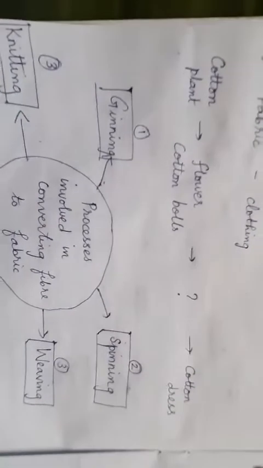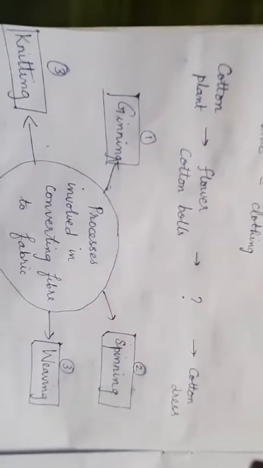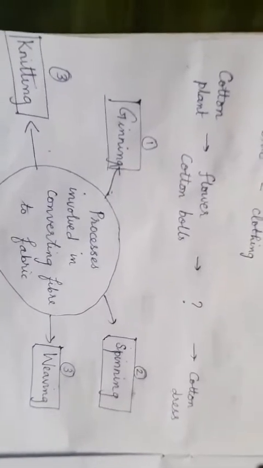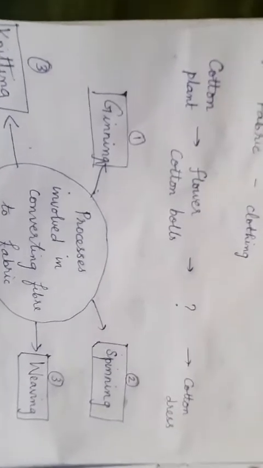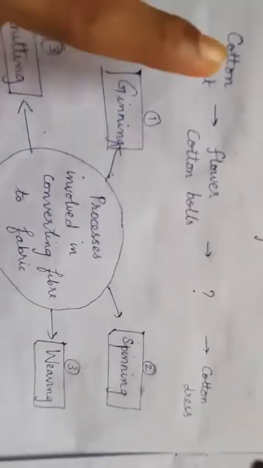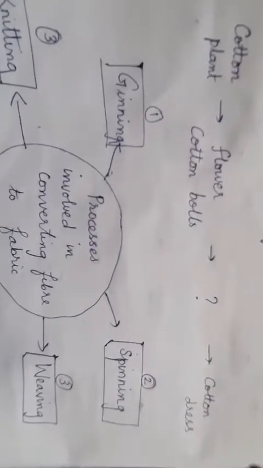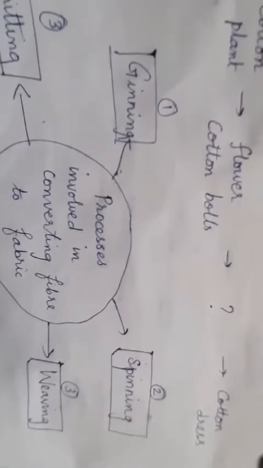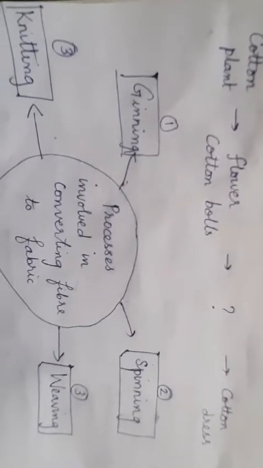Okay, my dear children. And the next fiber which we saw was jute. Jute is obtained from the jute plant. Once the jute plant is grown, they will be soaking it. They will immerse the jute plant in water. And where is the jute obtained from? Which part of the plant? It is from the stem, whereas from the cotton plant, the flower gives the cotton fiber. In the jute plant, the stem gives the jute fibers. The stems are immersed in water, which means dipped in water and left as such for a few days.